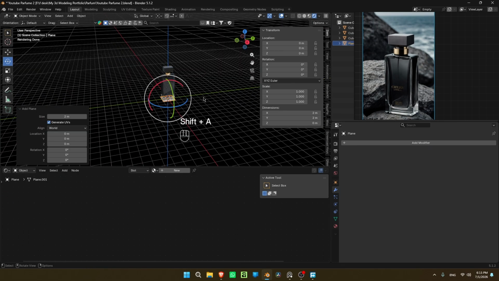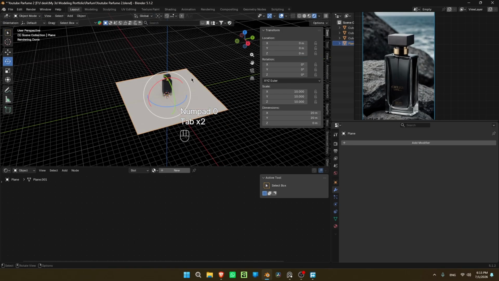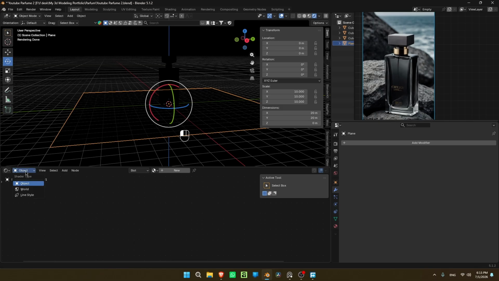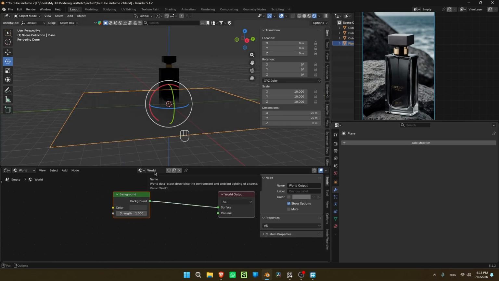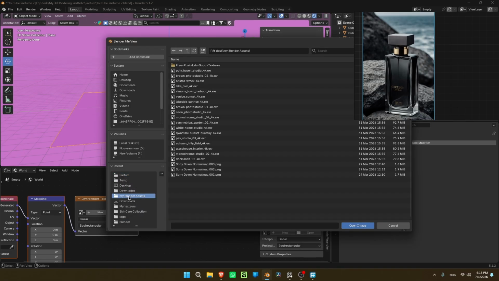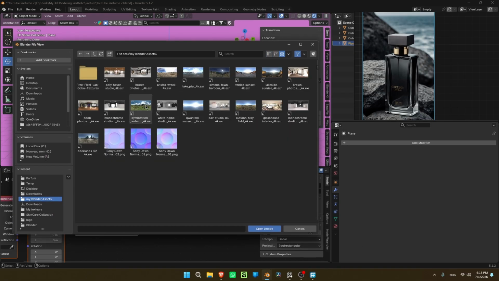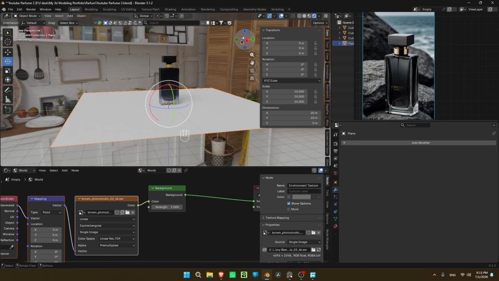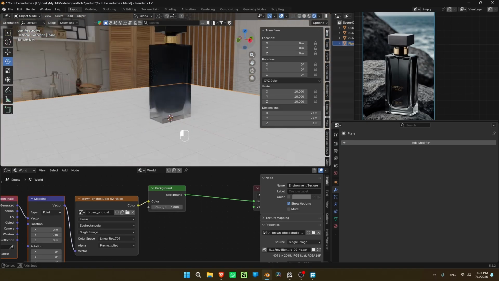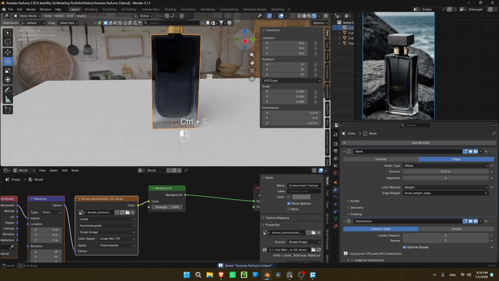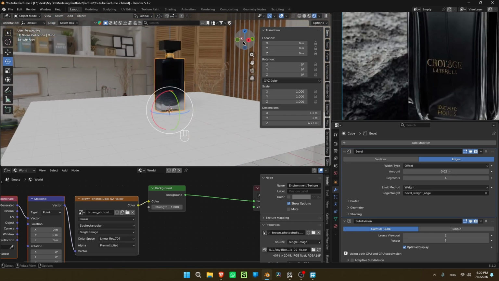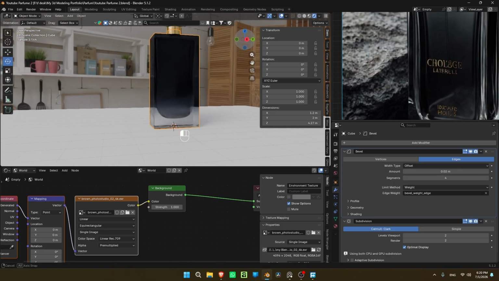Let me just add a plane, S10, so you can see it a little bit better. So let's go in here. This is like this one, and let's go from Object to World. Let me just add my HDRI so you can see it a little bit better. Ctrl T again, and I will include this HDRI in the description so you can download it by yourself. I think we did a pretty good job in here. Everything is good, just like so. I'm gonna save.